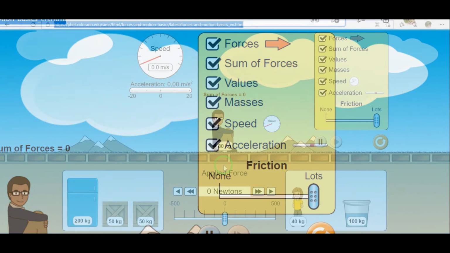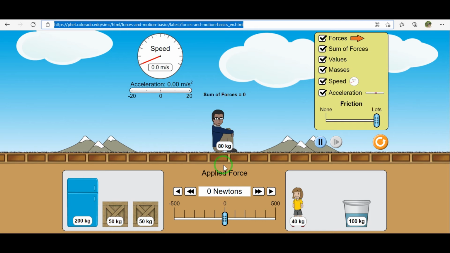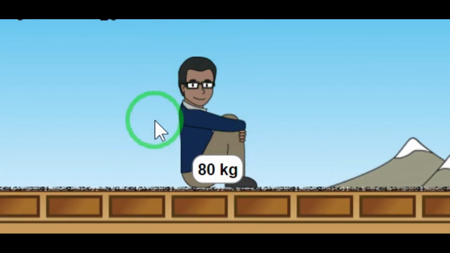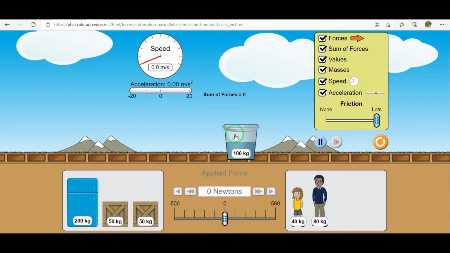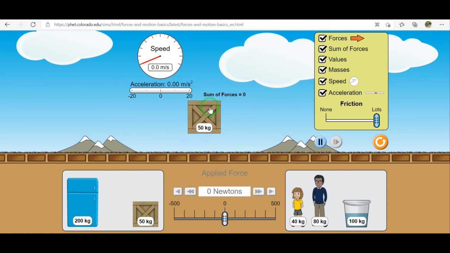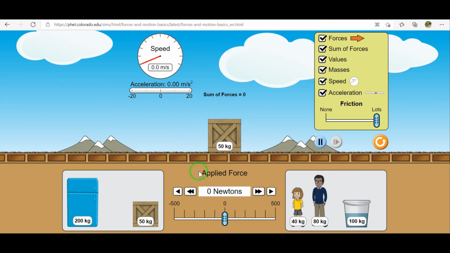What Newton has said is, when the body is at rest, suppose this person who is weighing 80 kg is at rest, or if I can take him here and keep a bucket of 100 kg here, any body which is already at rest, Newton said it is the property of the body to be at rest in case it is already at rest, right? Let me repeat this sentence.